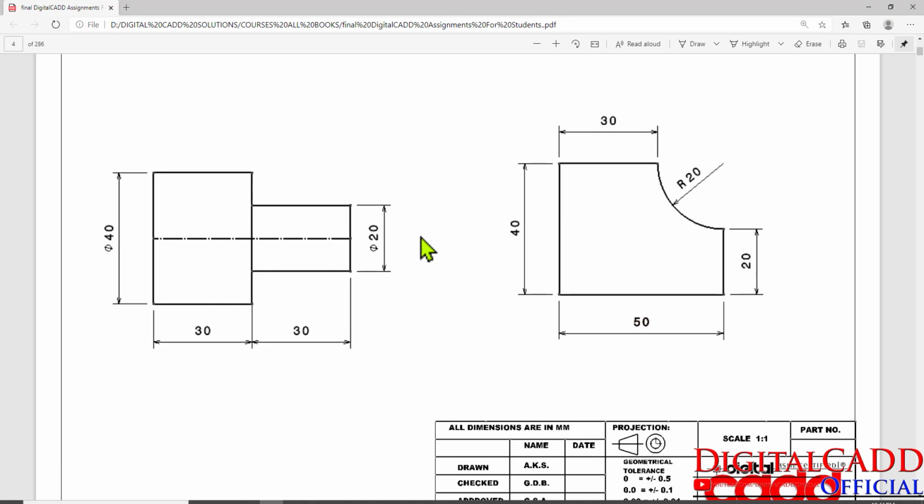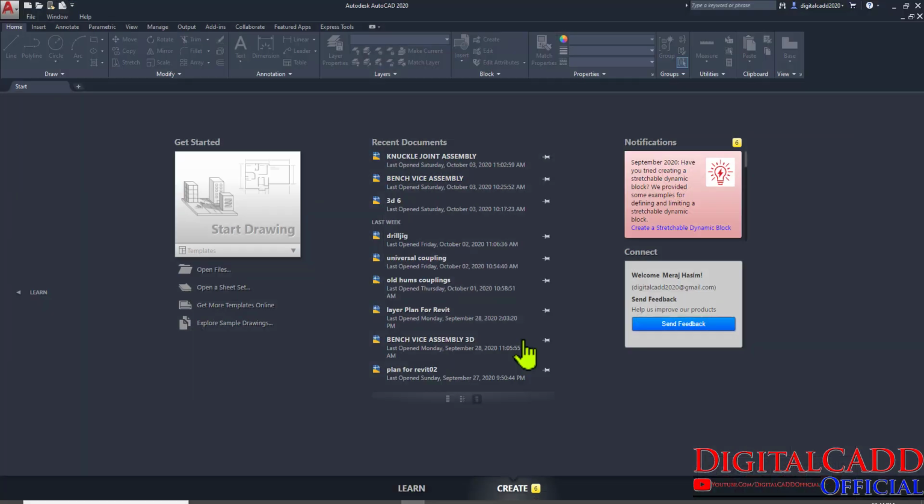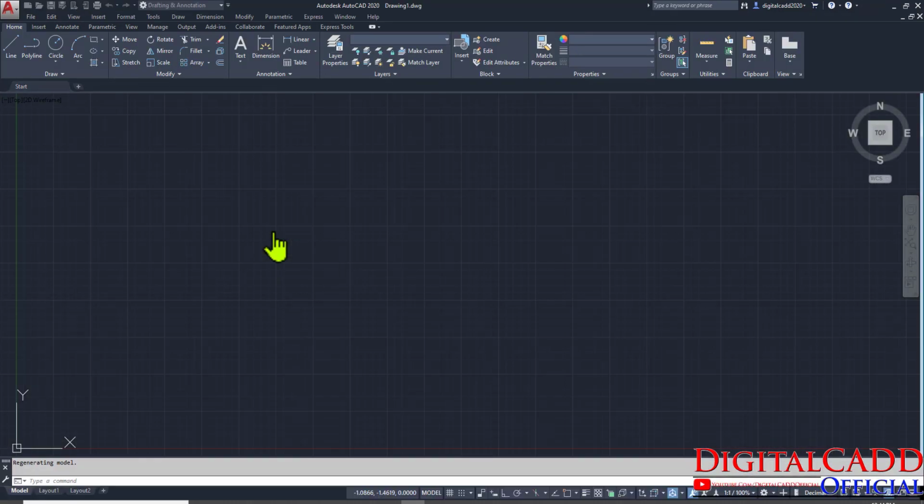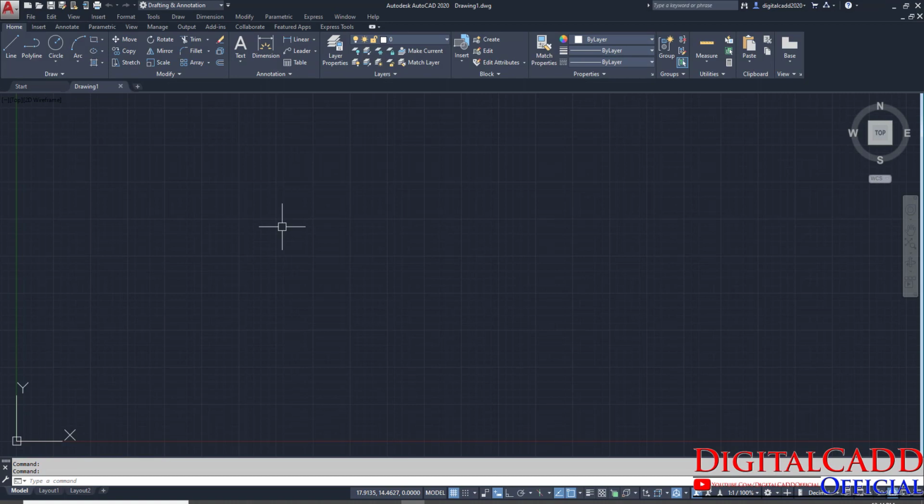So let's get started. We have started AutoCAD 2020. We can click here just once, and initial setting we have already discussed in lecture 2. What should we do? First of all, we need to set the units in which we are going to make our mechanical drawings. Okay, so shortcut of setting the unit is UN and enter.